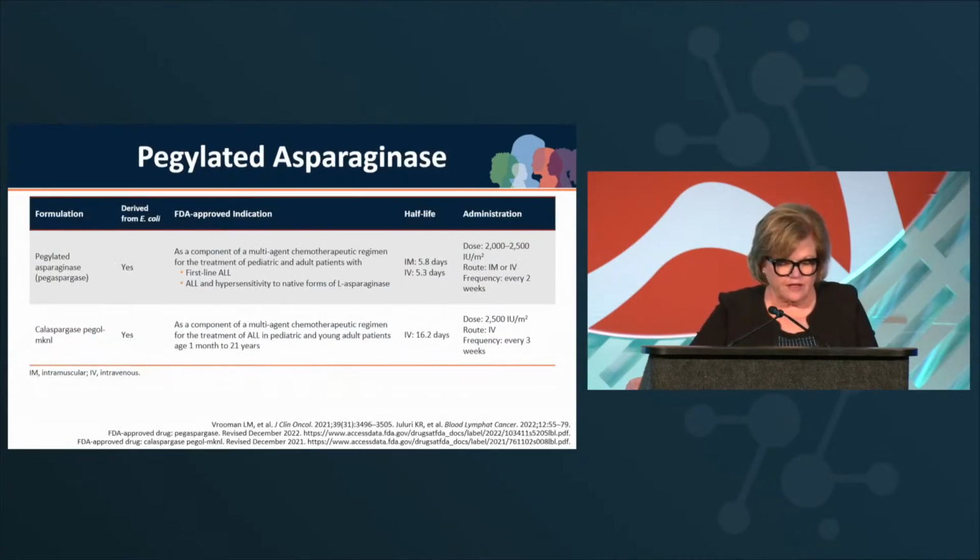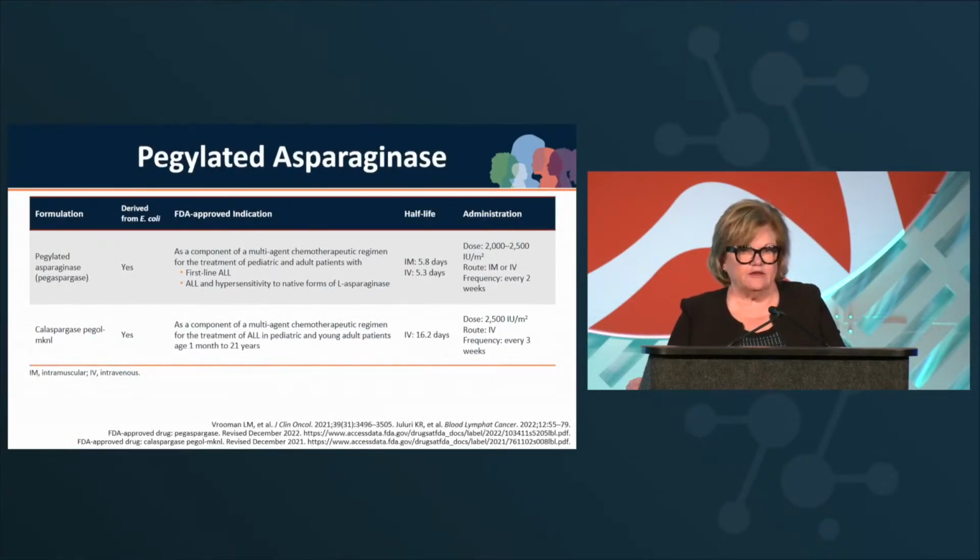So we know that there are now 2 pegylated asparaginase products on the market. The one that we probably use the most is this first one, the pegylated asparaginase. It's given IM or IV, and most of us give this IV. Several years ago, Emily Brown and I did a retrospective review of asparaginase infusions with the pegylated formula because it